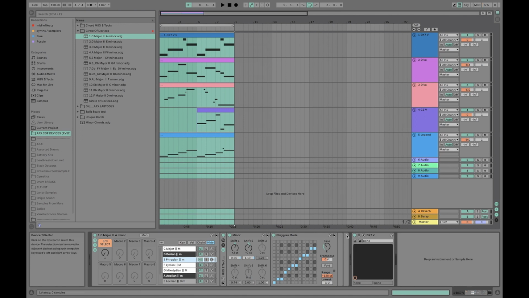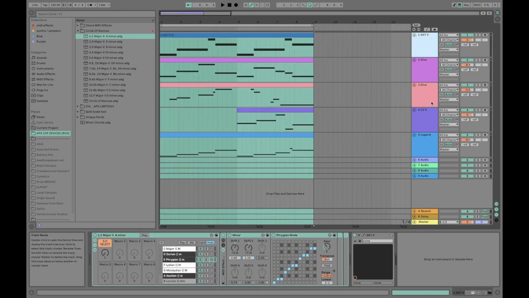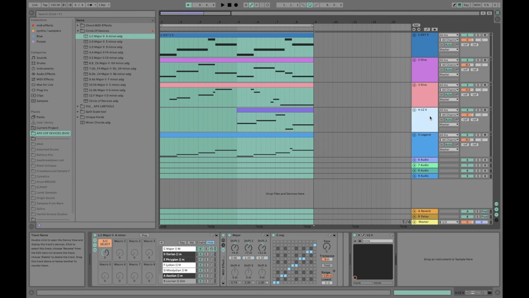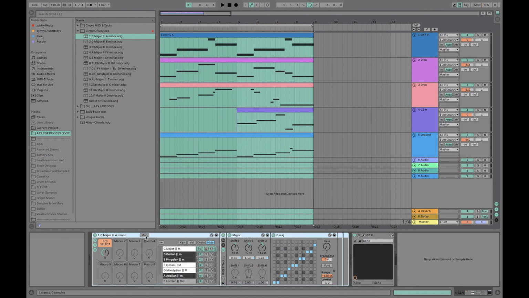So the first thing that is here is we see about 5 tracks with MIDI recordings on them. And then we've got, of course, our VST, our generator, our synthesizer instrument, and then we've got the circle of devices. So, what is the circle of devices? The circle of devices is just a circle of this tool